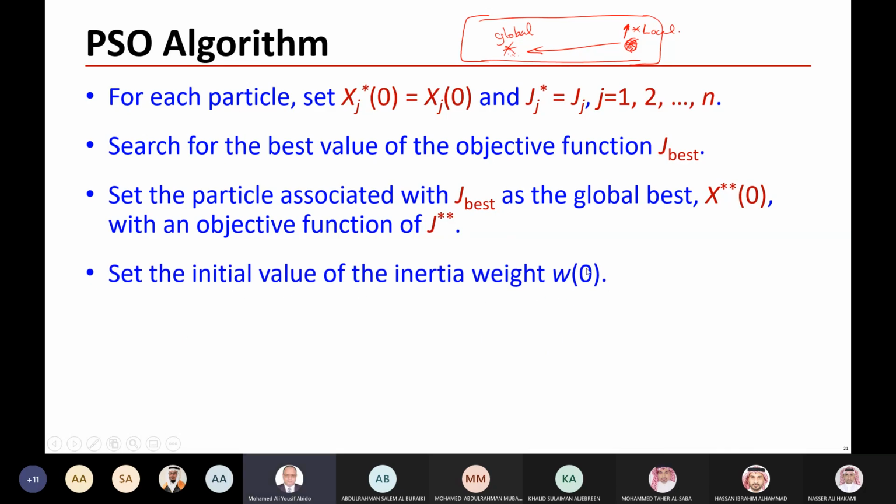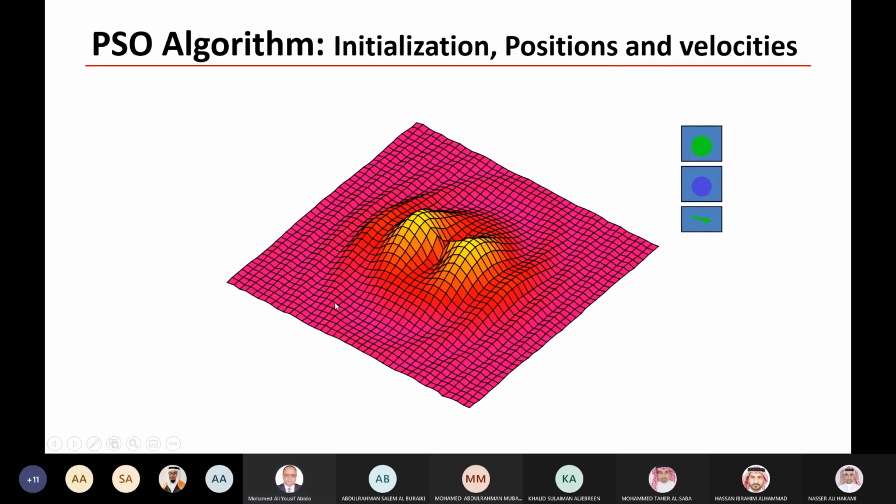Set the initial value of the inertia weight, W of 0, and as we mentioned, we can have it equal to 1.2, for example, 1.3, 1.4. And of course, you can have initial solutions scattered randomly around the search space. And at the same time, you can inject some of the solutions. This also can be done if you have better solution, if you have from your experience,